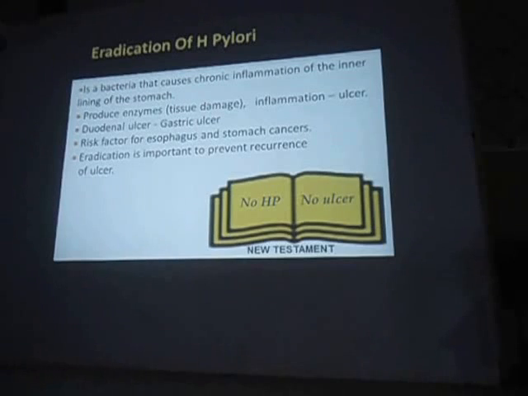So this bacteria causes chronic inflammation, and it is involved in most of the ulcer formations. Okay, about 90% in the duodenal and about 67% in the gastric ulcer. And it is also a risk factor for esophageal and stomach cancer. How can cancer be produced? What happens due to chronic erosion? What can